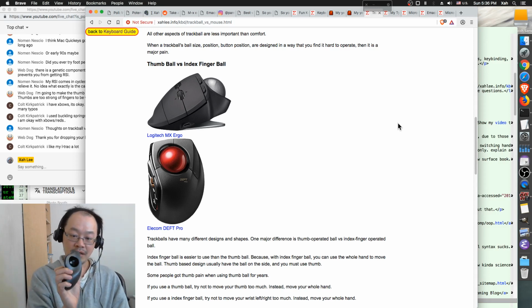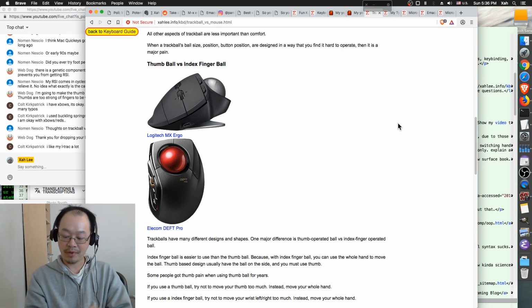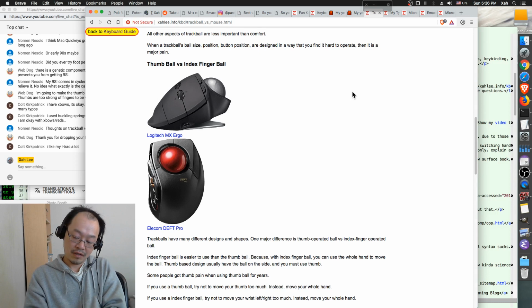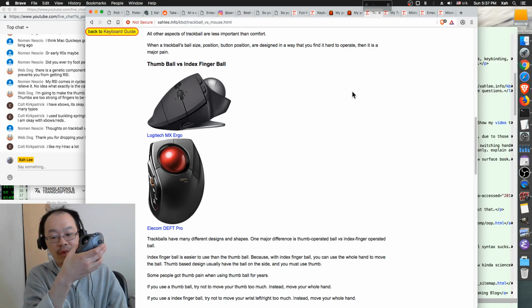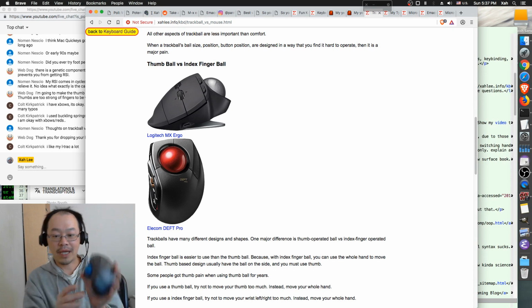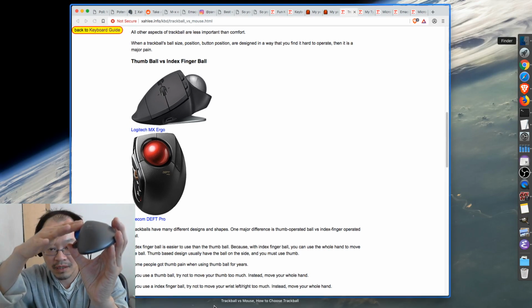Let's do that. The camera is bad, but anyway, you just wipe it, wipe it, and then you pop it back, and it becomes smooth.